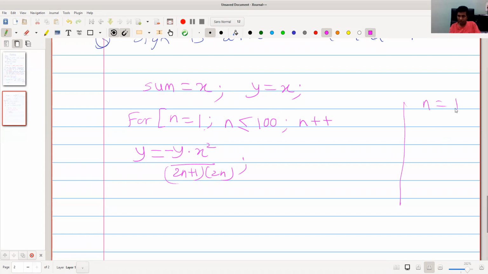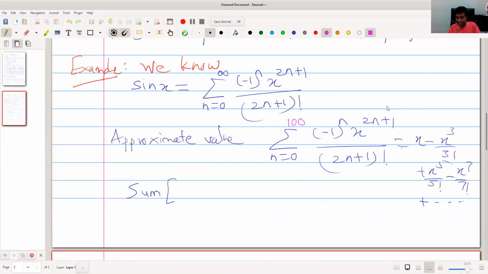When my n is 1, y is, already my y is x, so this is minus sign, x into x square, that is x cube, divided by, n is 1, so this is 3 into 2. 3 into 2 means 3 into 2 into 1, 3 factorial. This is minus x cube by 3 factorial. This is the second term.